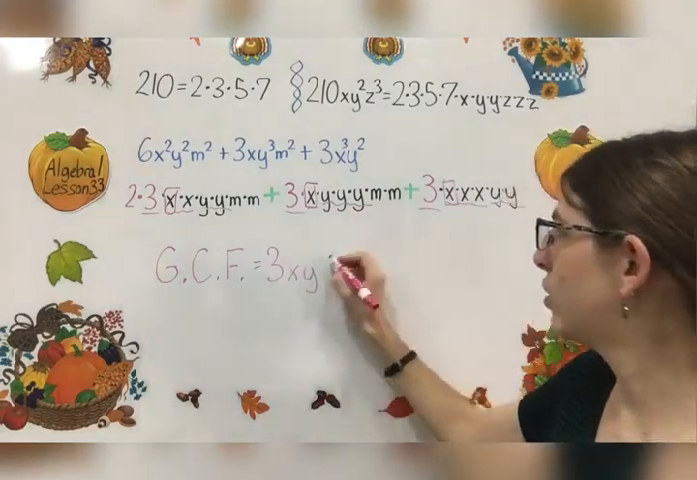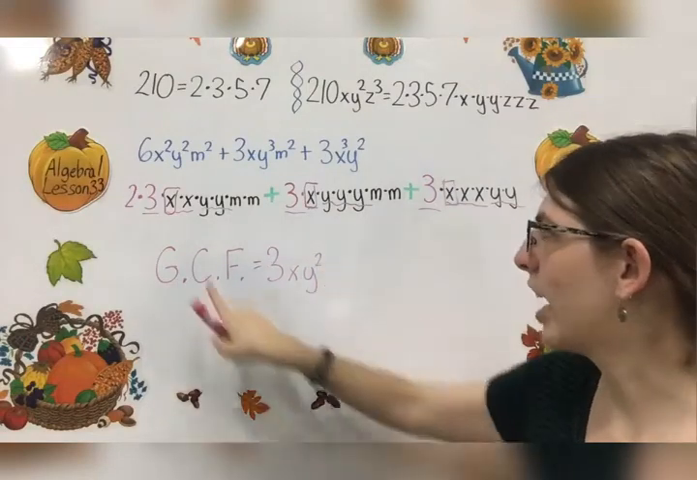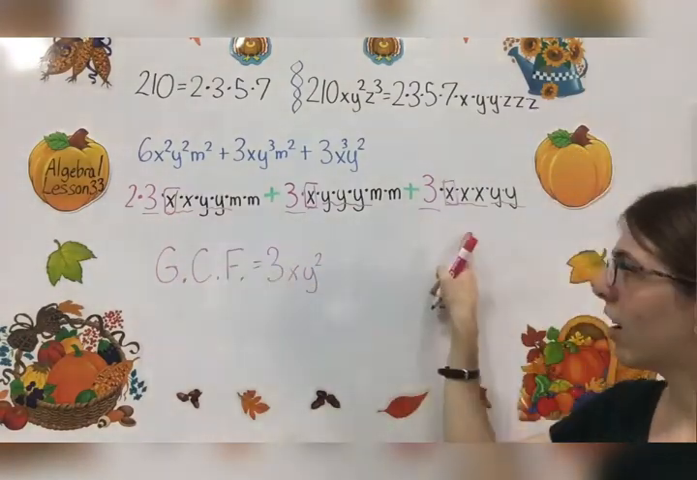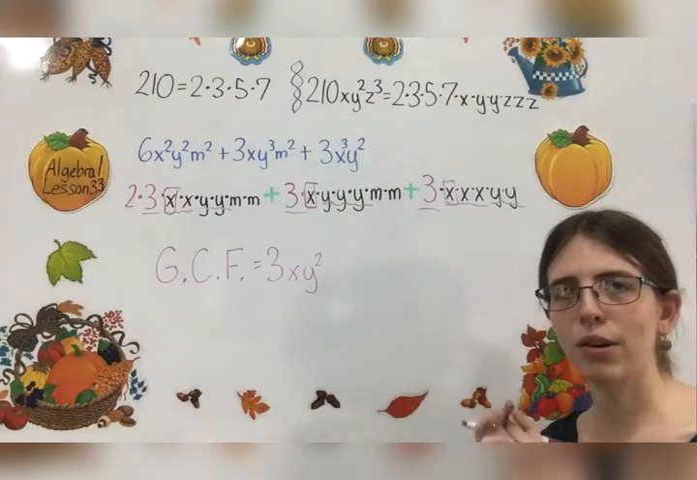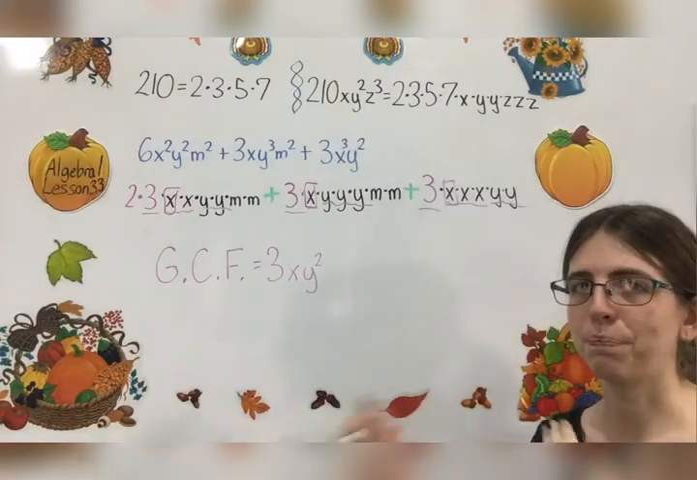Yes, it is used 3 times here, but it's not used 3 times here or here. So twice is the greatest number of times it's used in each term. All right,